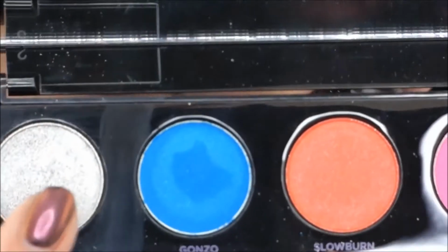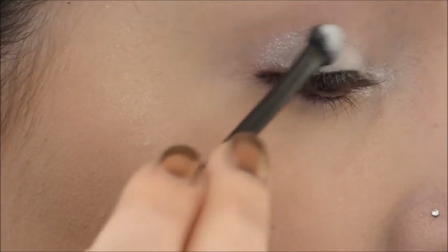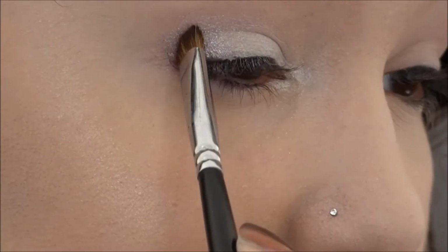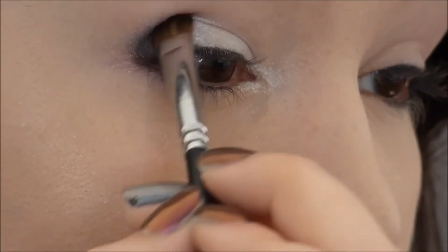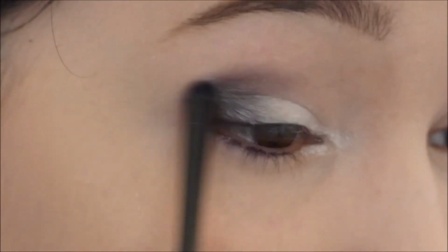Next I'm going to go into the silver from the Urban Decay Electric palette, and again use an eyeshadow spreader to get the fullest coverage on the outer side of the lid. Then I'm going to go into the black from the Sleek palette again, and using a Morphe M210, I'm just pressing this into the crease on the outer side of my lid, and blending with the Real Techniques Multi-Tech XXS